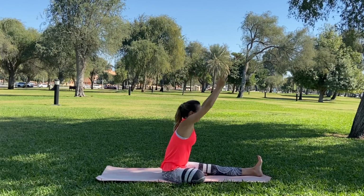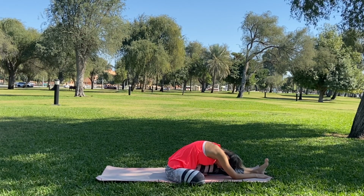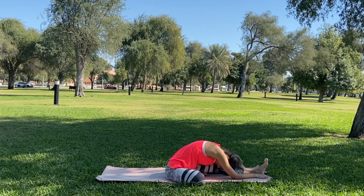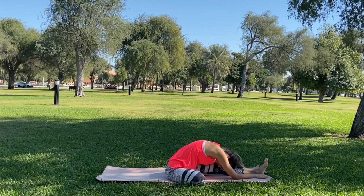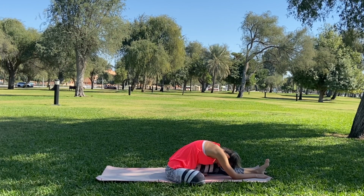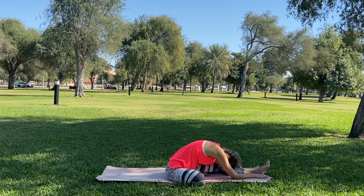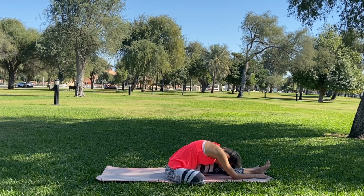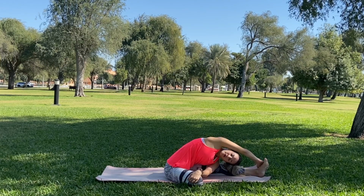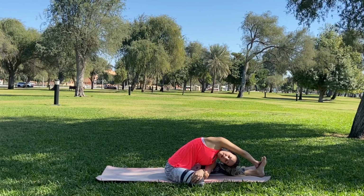facing front of the mat and folding over your left leg for Janu Shirshasana pose. Flexing your left foot for a deeper stretch. Option to stay here or bring your left hand to your right knee and right arm comes to your left foot, twisting over to the right side